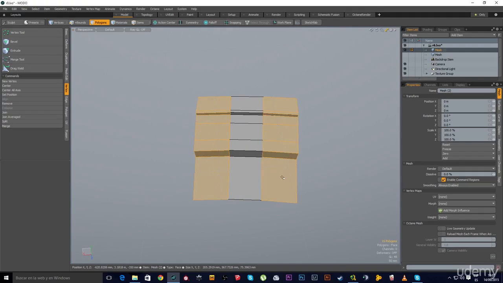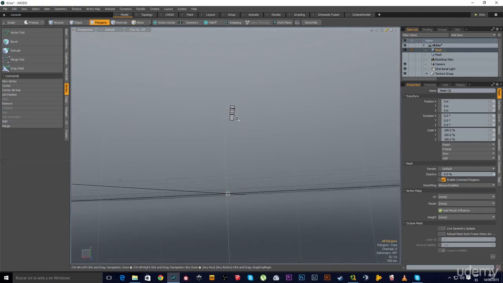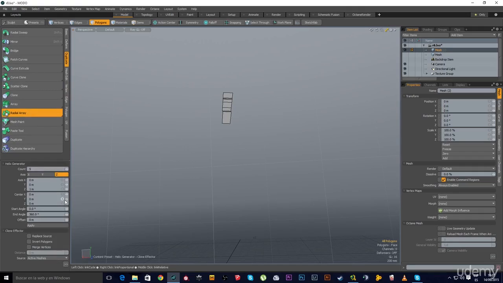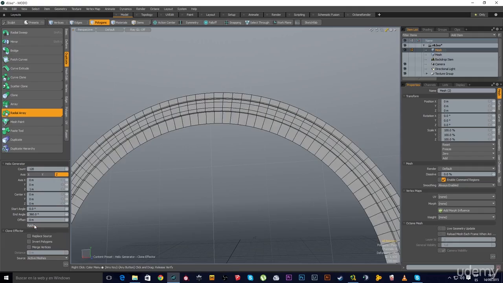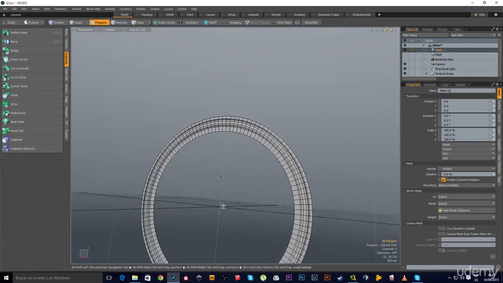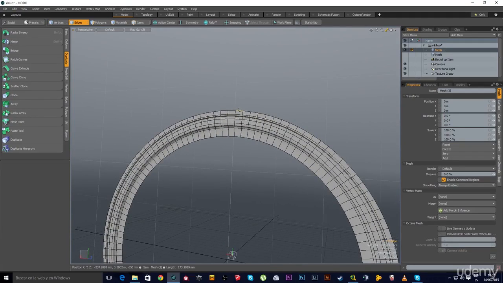So let's select those two. Now if I go to duplicate, again radial array with a count of 120 around the z-axis and apply, here we have, this is a flat rim. We have 100 and